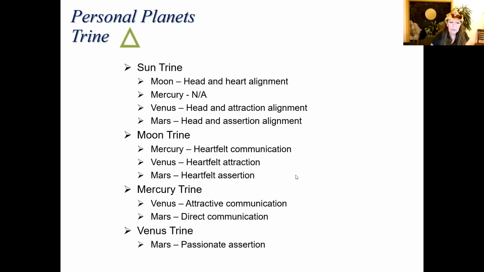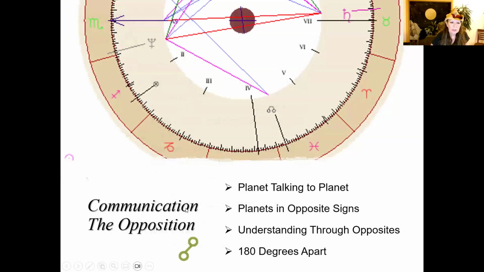So let's move on, because they're not all about the talent. Let's move on to communication. Opposition. This literally is opposition. This is the symbol for when something is in opposition. If you really think about it, all you're doing is this planet is exactly, directly opposite this planet. So it's pretty easy to remember: trine is a triangle, and opposition is literally, oh, here's a planet that's directly opposite the other one. That's how I remember that.